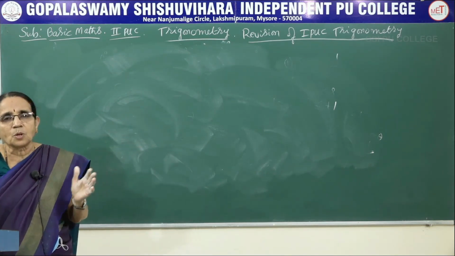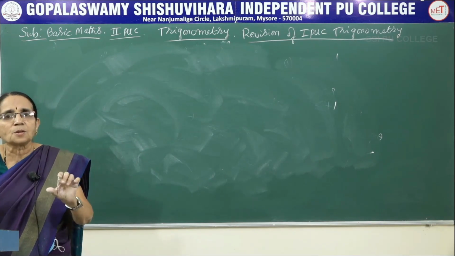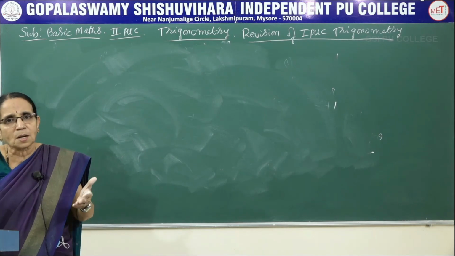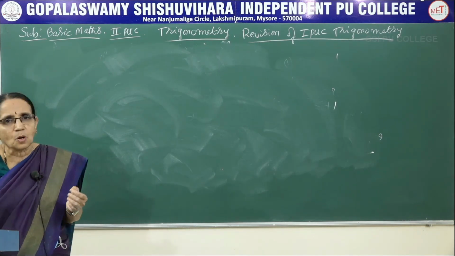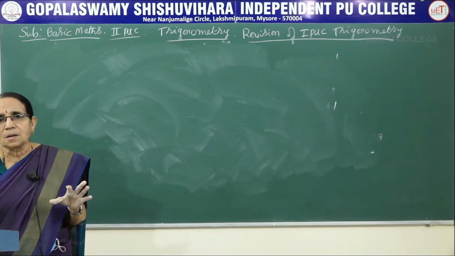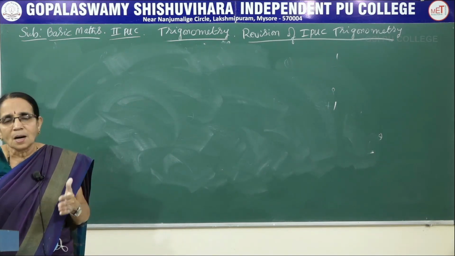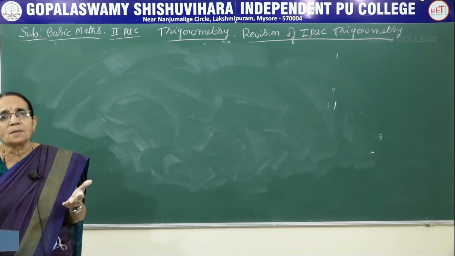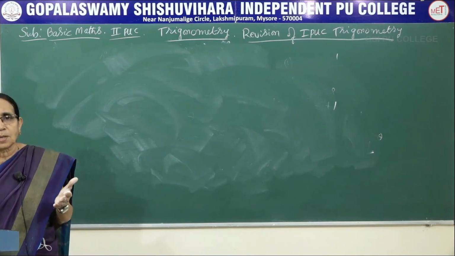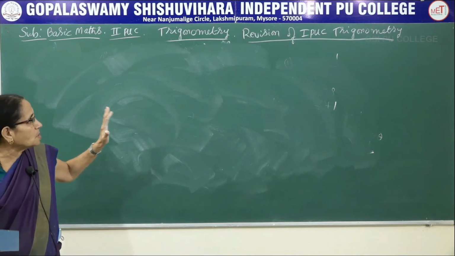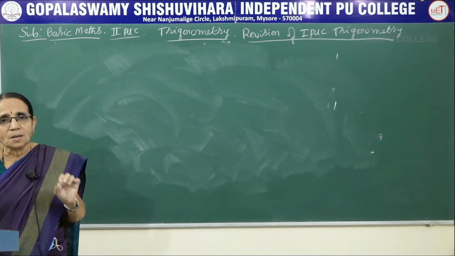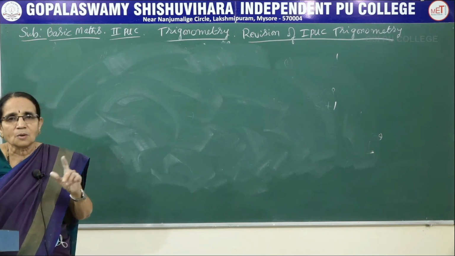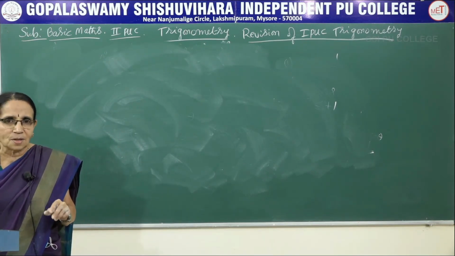So the first chapter, that's the next session I am considering, is about heights and distances: how to find the distance between two ships or two things, or how to find the height of a tall tower or a hill. In most of the problems, we will be considering either the tan ratio, tan theta, that is opposite over adjacent side. In some problems we may have to use the sine ratio, that is sine theta is opposite over the hypotenuse. So this is only the revision in this session. From the next session onwards, I will be starting the next chapter of trigonometry, the first one being heights and distances. Thank you.